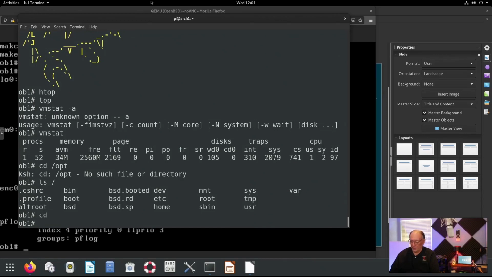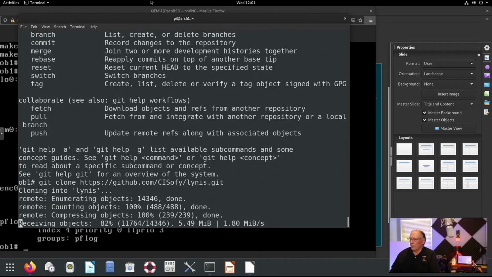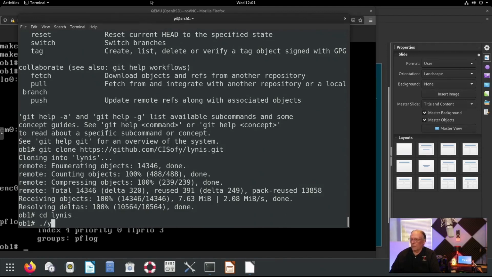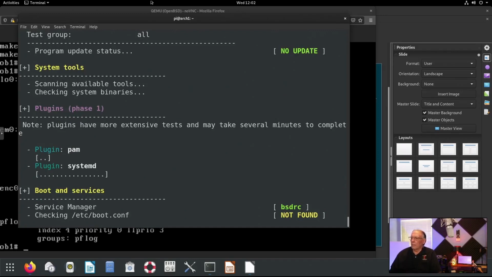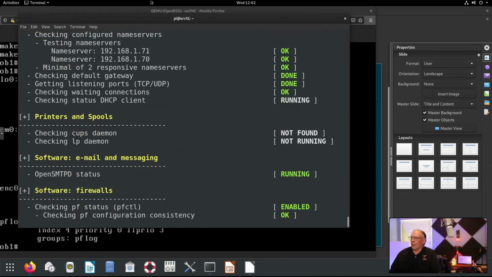I'll go to my root directory and run it from here. It's got a few things that are weak.